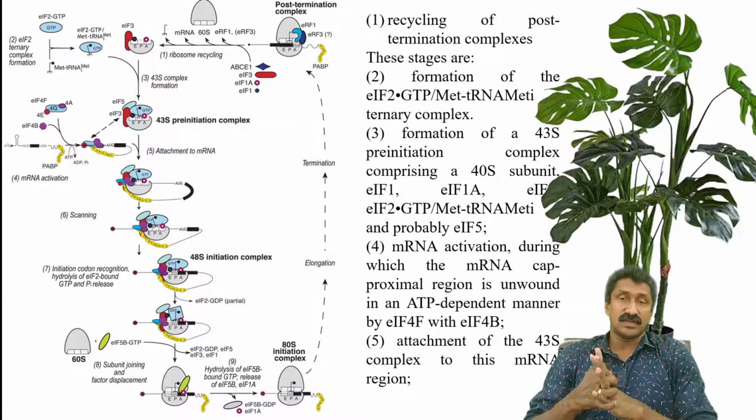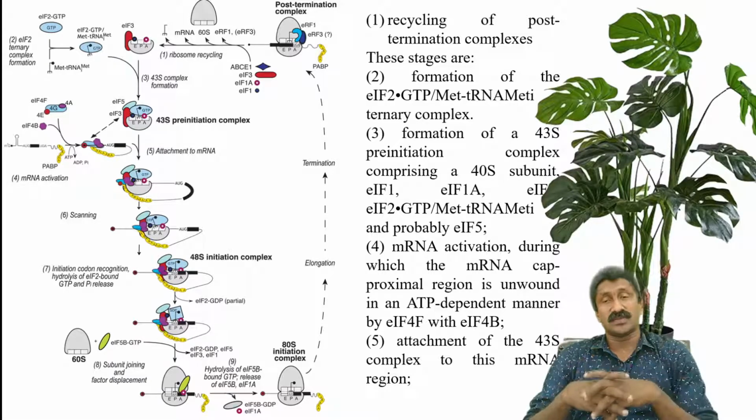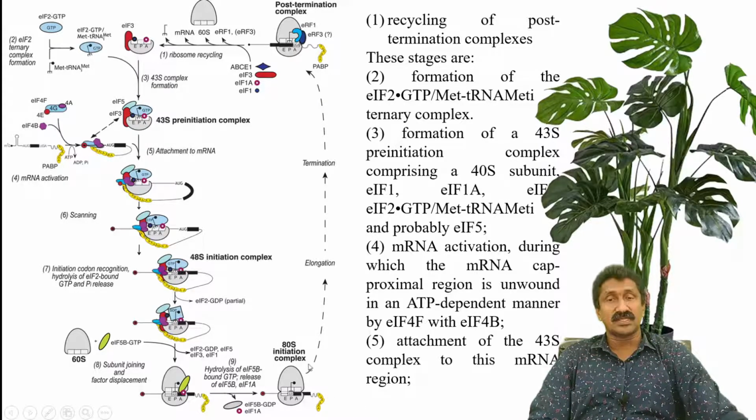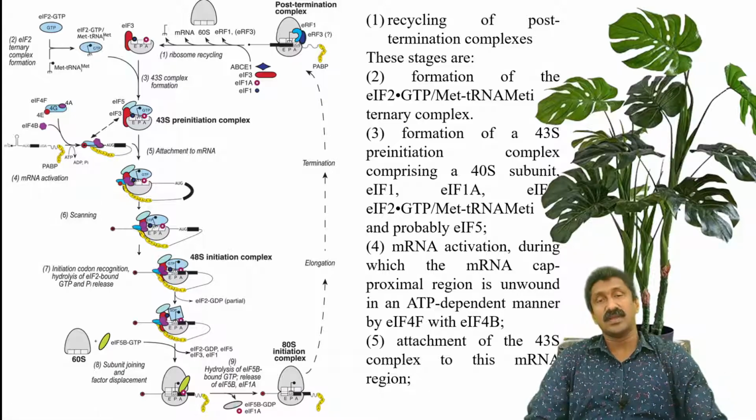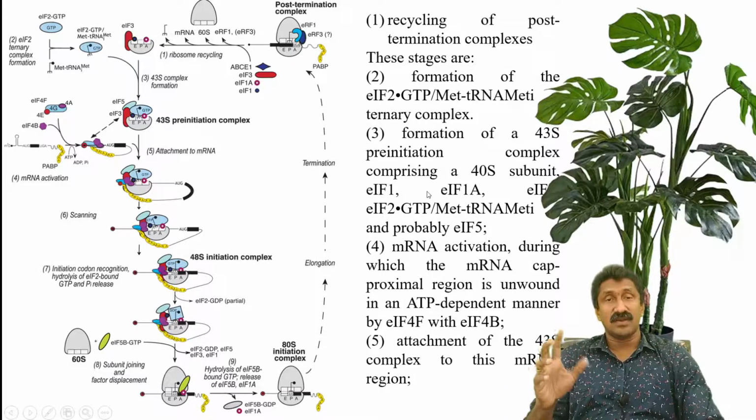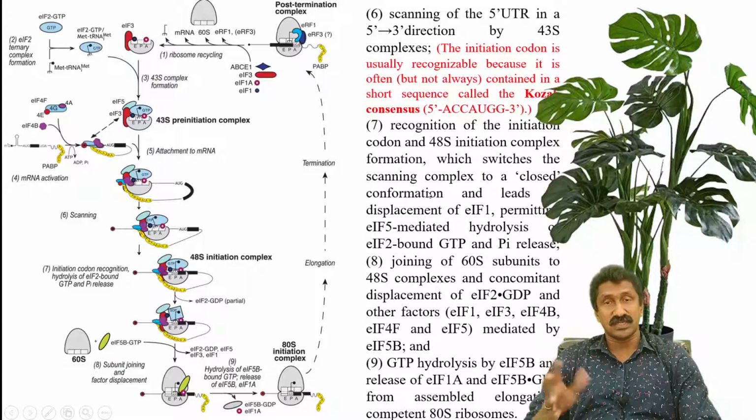So that is the complete initiation complex, including mRNA, the smaller subunit of the ribosome, the larger subunit of the ribosome, and the tRNA positioned at the initiation point. So this is the complete formation of the 80S initiation complex in a eukaryotic system. Now after this stage, it is available for the elongation process, and subsequently the third stage, that is the termination process of eukaryotic translation. So the first stage of eukaryotic translation is initiation, which can be described in this manner.